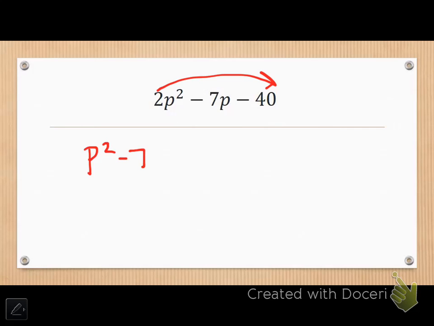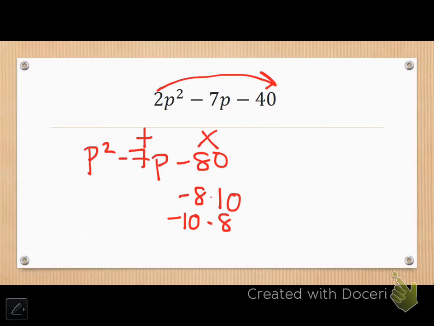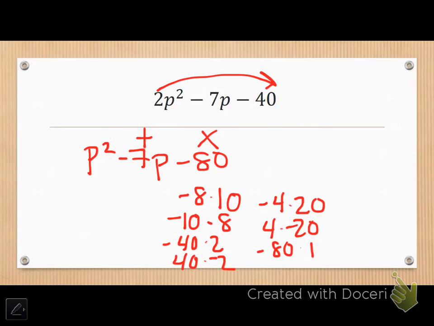So I'm going to get p squared minus 7p minus 80, so multiply plus, so I got negative 8 times 10, negative 10 times 8, negative 40 times 2, positive 40 times negative 2, negative 4 times 20, 4 times negative 20, negative 80 times 1, 80 times negative 1,